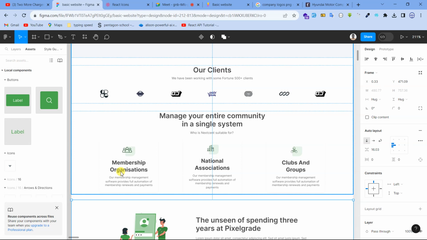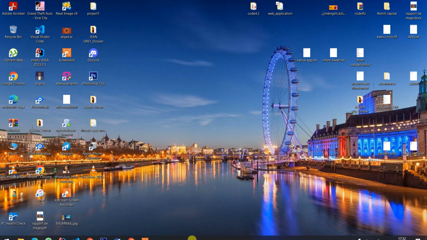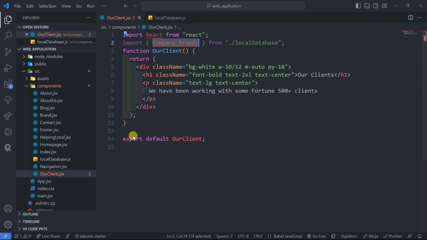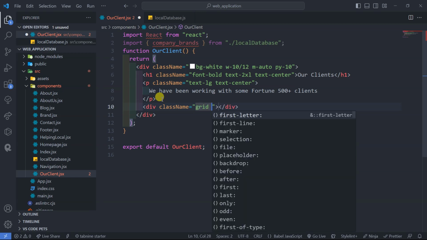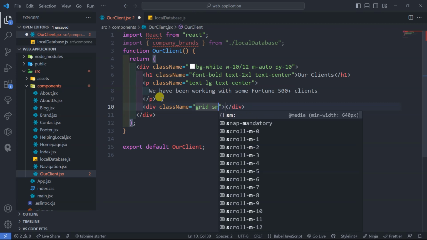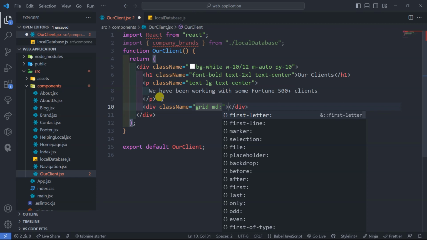We go back to Visual Studio Code. Down this one, we can have a div here. This div is the one going to contain a grid system. Okay? It's going to be of grid. If you go to a medium and above,